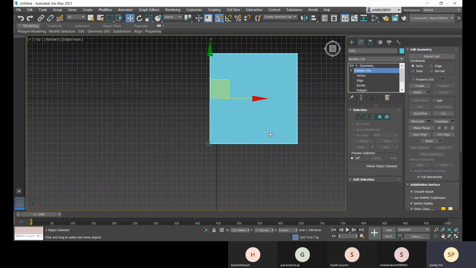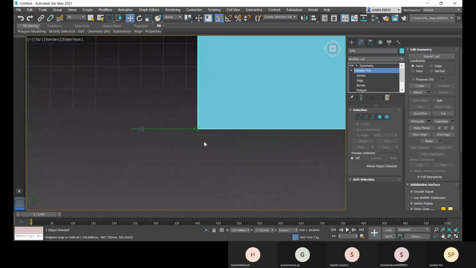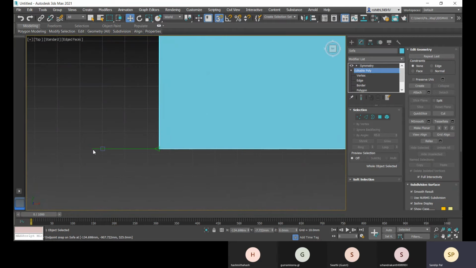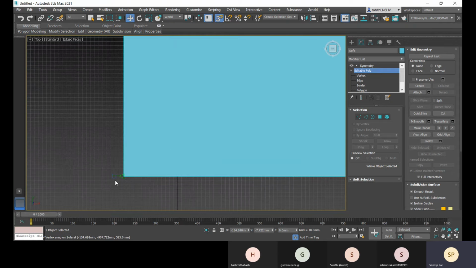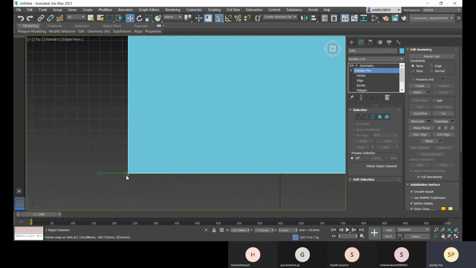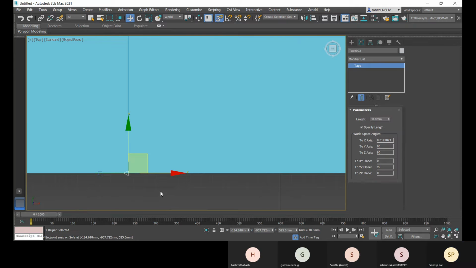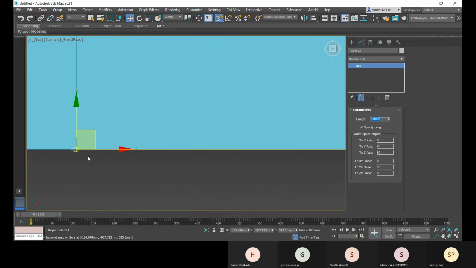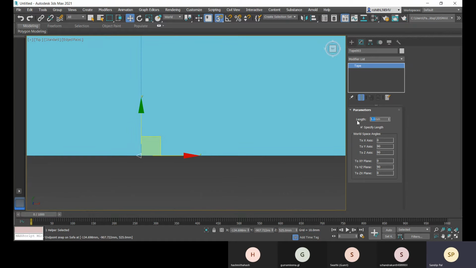Let me go to this editable poly now. And here I can add this. Okay, so for this, I just need to select this one, and this is going to be minus 30 to this side. Minus 30 will be there. Okay, so sorry, that is a length.